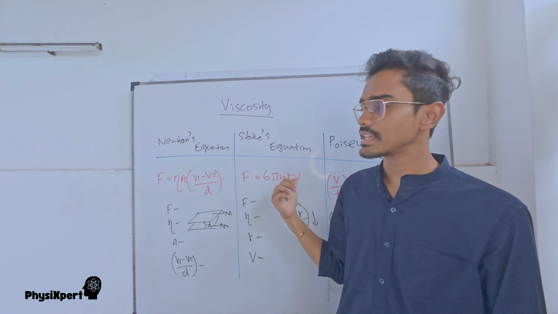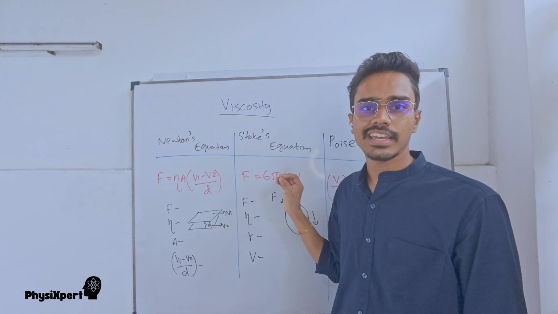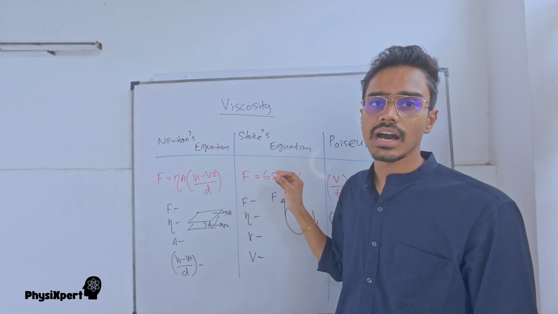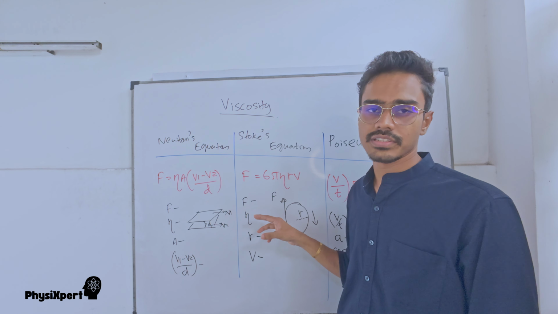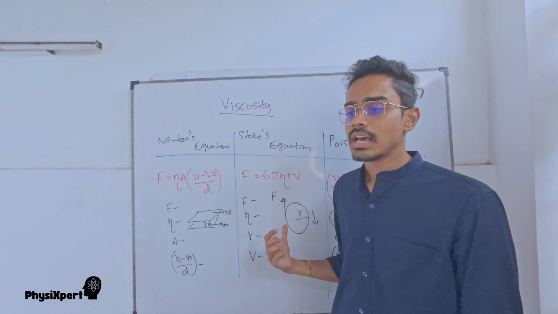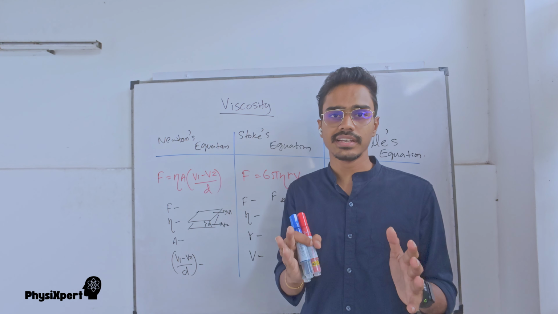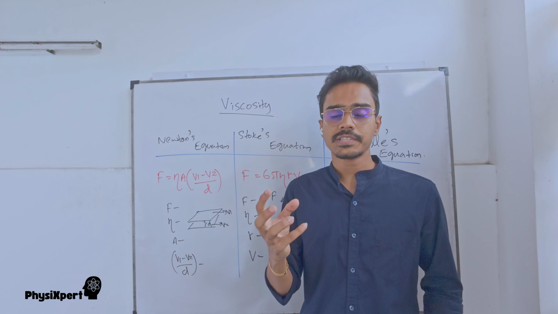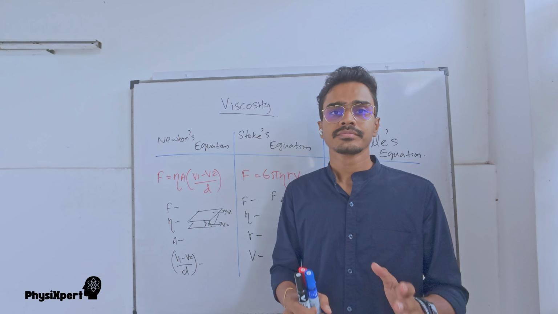And when it comes to Stokes equation, it is F equals 6 pi eta r v. F is the viscous force on a sphere, eta is the coefficient of viscosity as usual, r is the radius of the sphere, and v is the velocity of the sphere. And the conditions of validity of Stokes equation: it is only valid for spheres, and the volume of the sphere should be negligible with respect to the surrounding liquid,